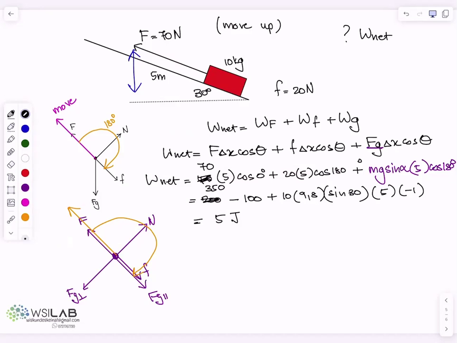Do not be too worried about this. We are going to do more and more of these examples. The next step is to calculate the velocity at the top there after 5 meters. And then we have to do everything we've just done again to get there. So what I'm doing, I will load this